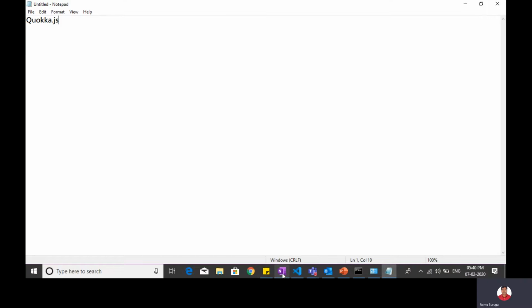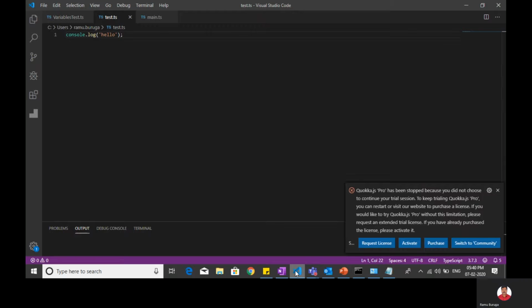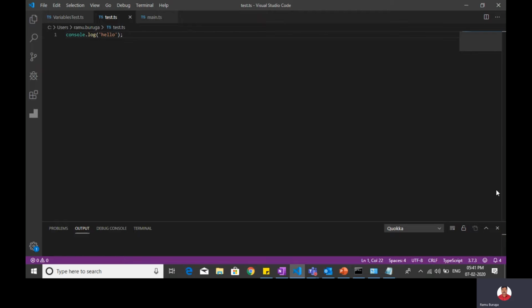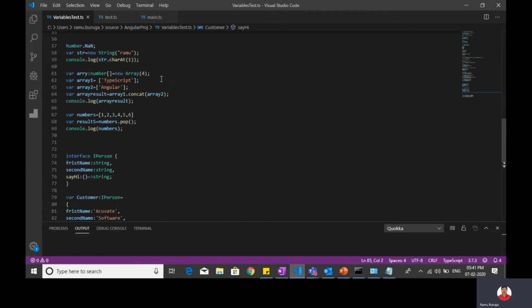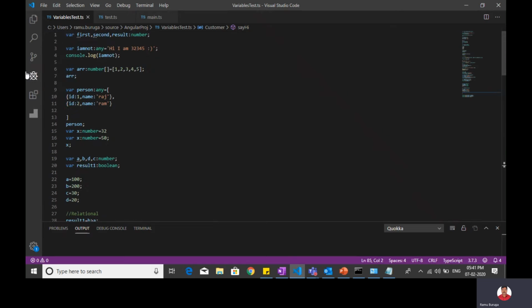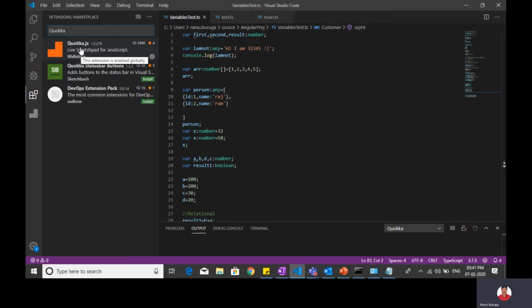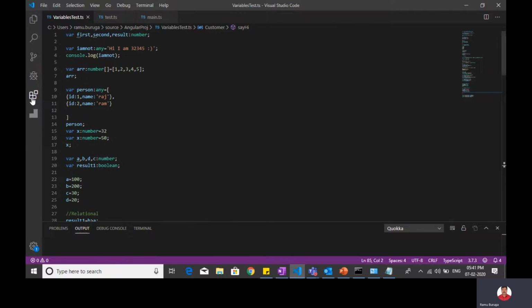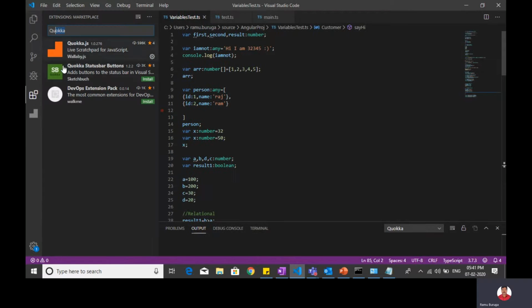I have already done this. You guys can see this. If you go here, you just install that. Type this one in the extensions, you will get it, and install it.